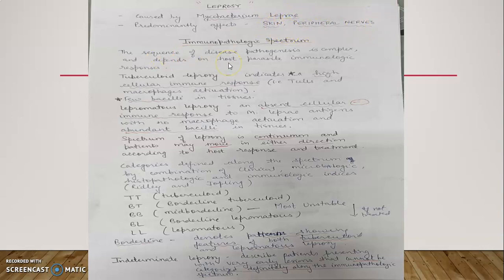The sequence of disease pathogenesis is complex and it depends on the host parasite immunologic responses. So, an immunopathologic spectrum is seen in leprosy. Tuberculoid leprosy indicates a high cellular immune response, that is T cells and macrophage activation, with few bacilli in tissues. Lepromatous leprosy indicates an absent cellular immune response to Mycobacterium leprae antigens with no macrophage activation and abundant bacilli in the tissues. The spectrum of leprosy is a continuum and a patient may move in either direction,